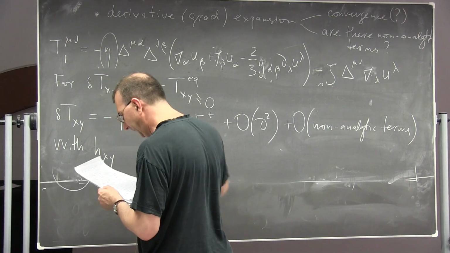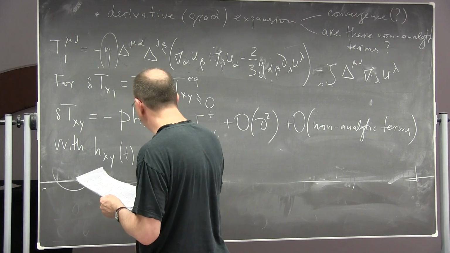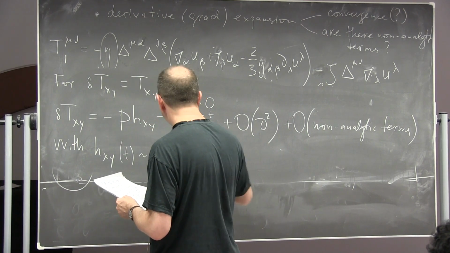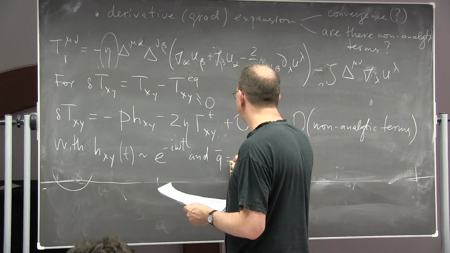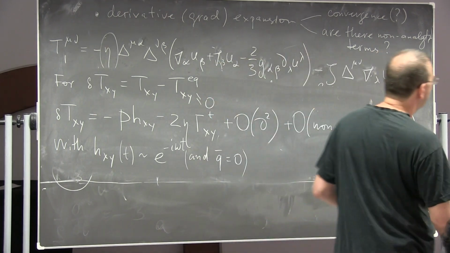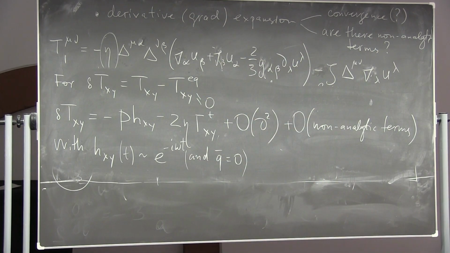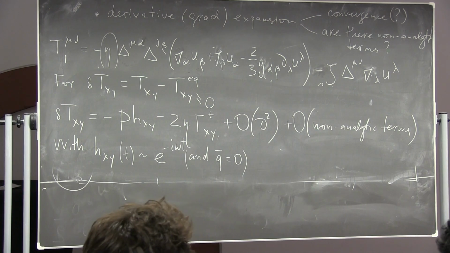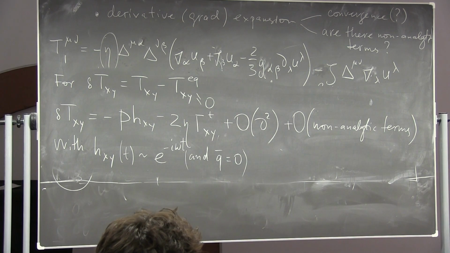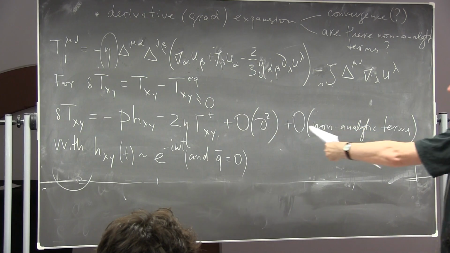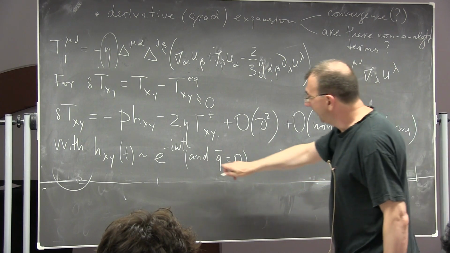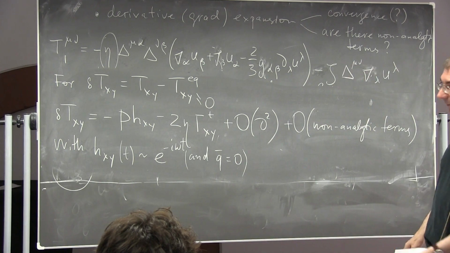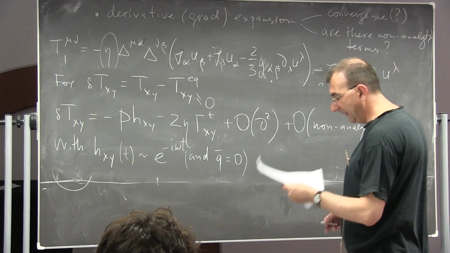So now, if I have hxy in Fourier space as a function of time, e to the minus i omega t, right? And we put q to 0, because you can consider more general fluctuations if you want. You can make this h mu nu depend also on x, right? But it will not bring you anything new as far as the viscosity calculation is concerned. So we just consider the time-dependent perturbation of the metric, and therefore in Fourier space we can take q of hxy to be equal to 0.